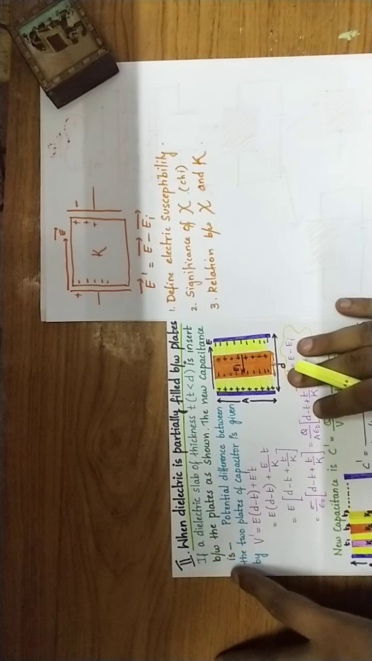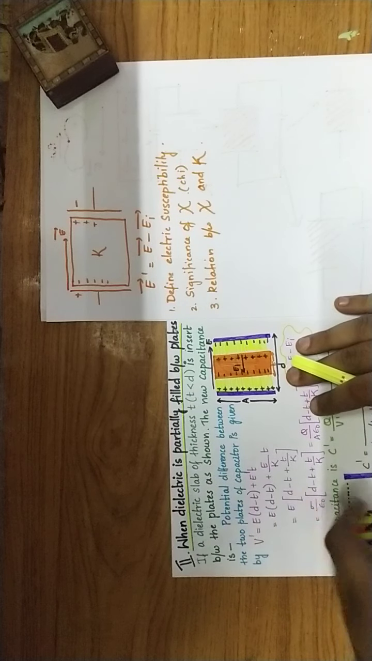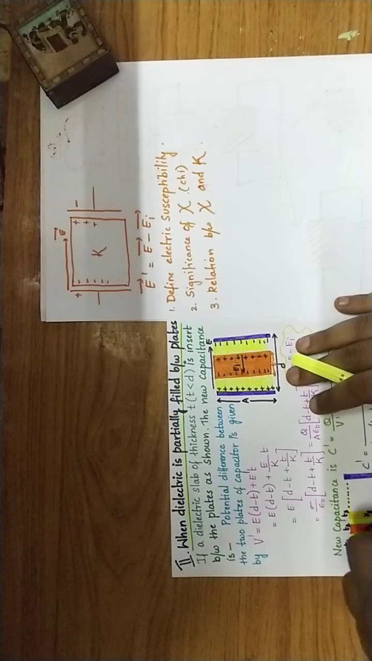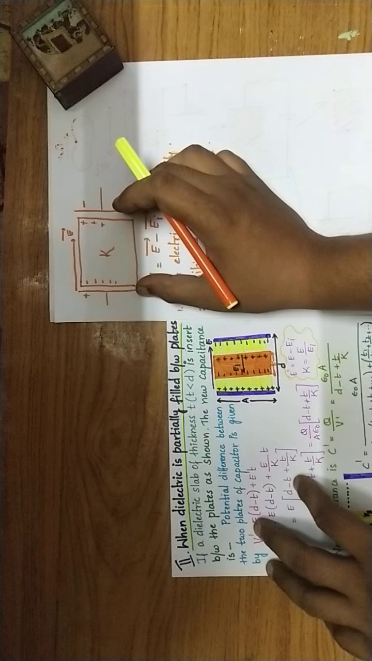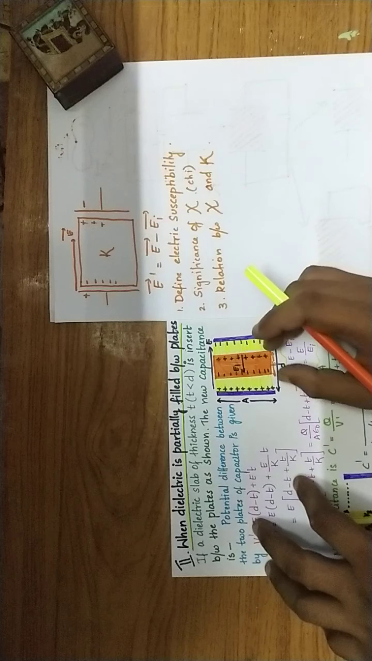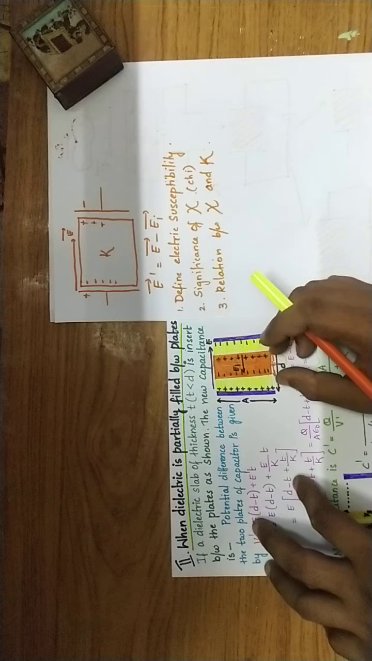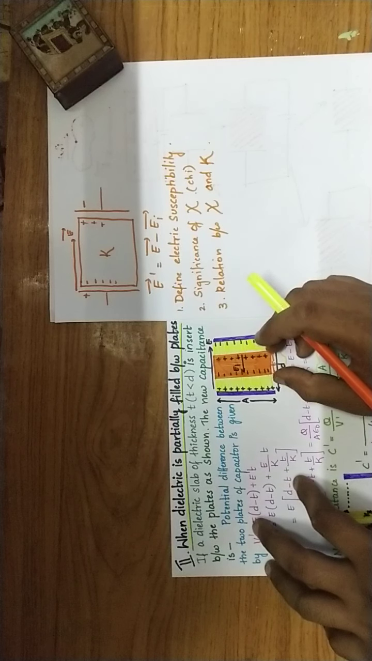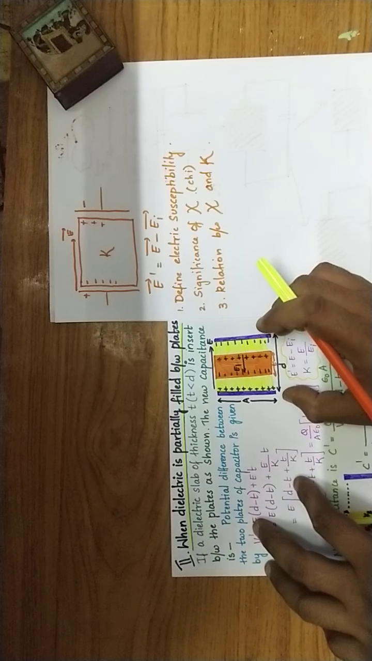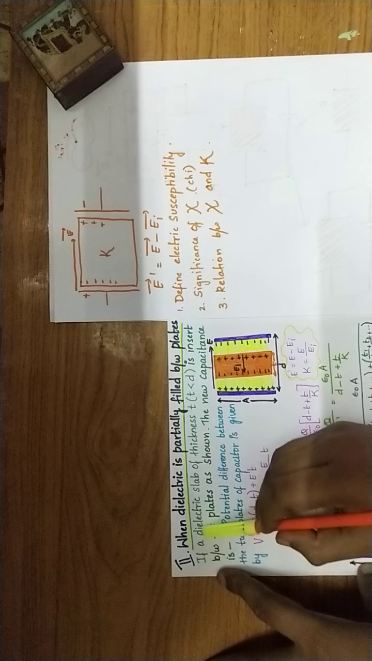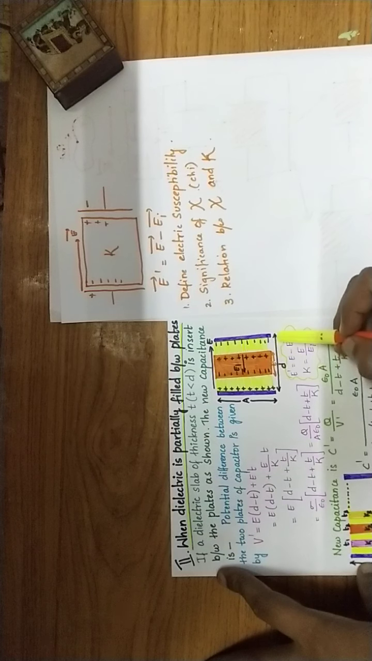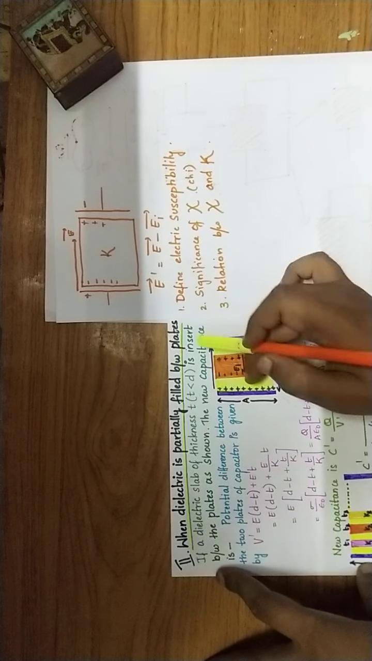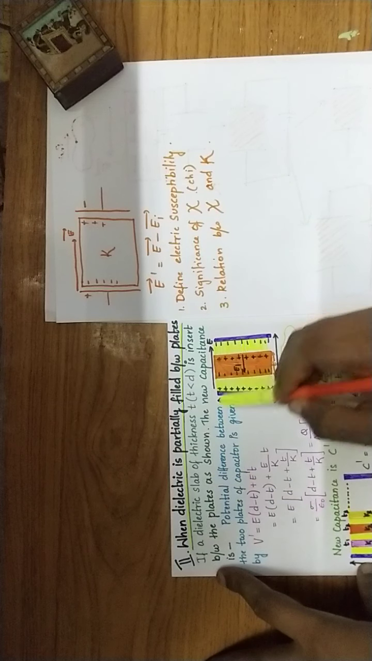Moving to the second problem, when a dielectric is partially filled between the plates. As I have mentioned earlier, if the dielectric is completely filled, the electric field is reduced. What if the dielectric fills only some thickness which is less than the separation between the plates? So if a dielectric slab of thickness T, where T is less than D, is inserted between the plates as shown, the new